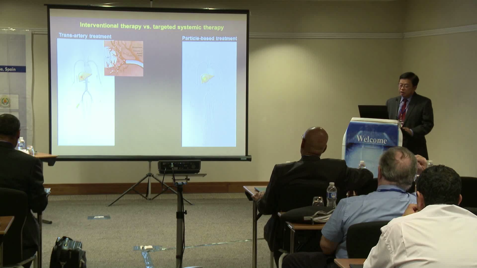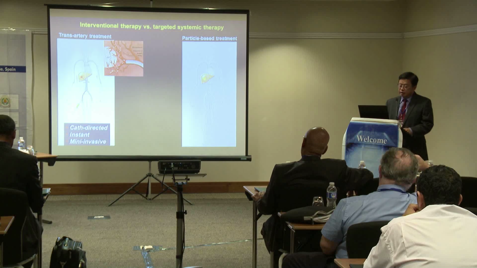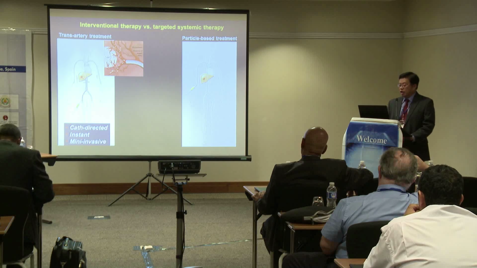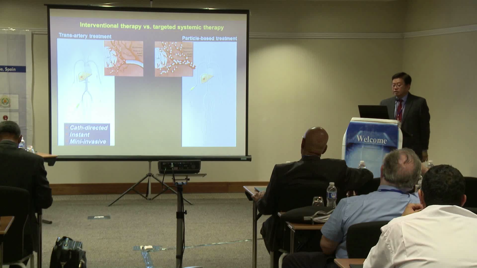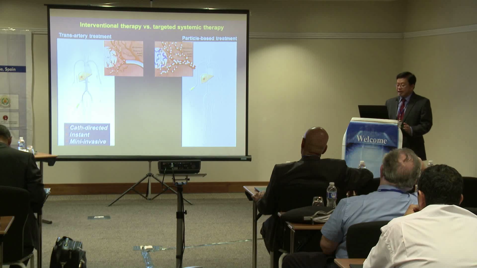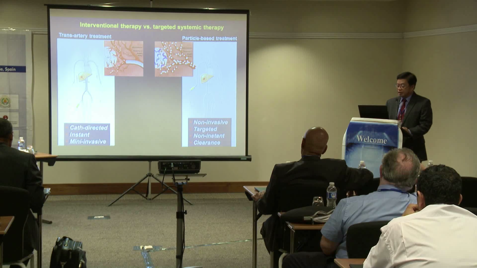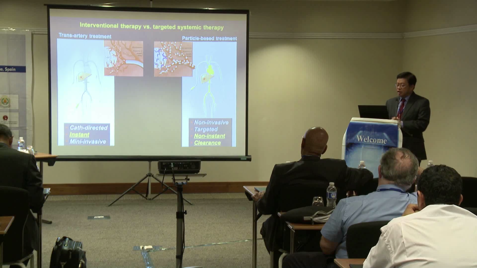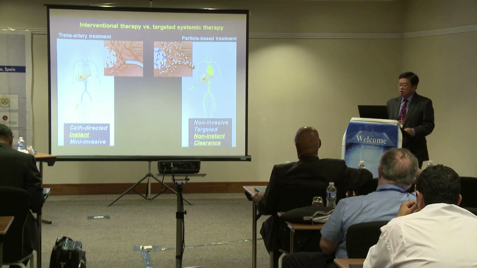So for the interventional procedure, we use the balloon and the catheter. It is catheter-directed, instant, and minimally invasive. And on this side, it is completely dependent on the receptors of tumors, so it is non-invasive and targeted. But the problem is that it is not instant because the particles need to circulate in the entire body. They can be cleared through the kidney, trapped in the liver, or released from